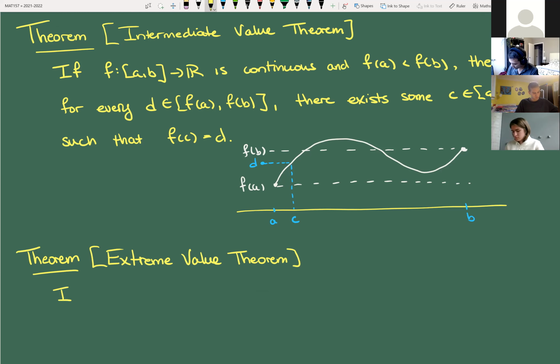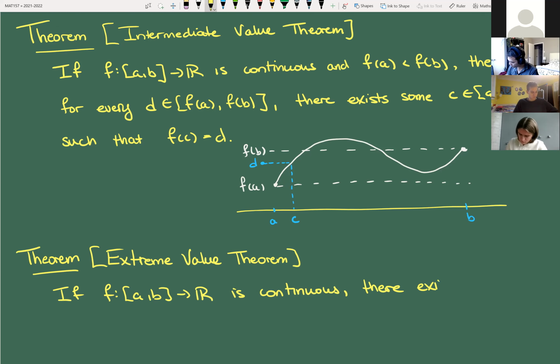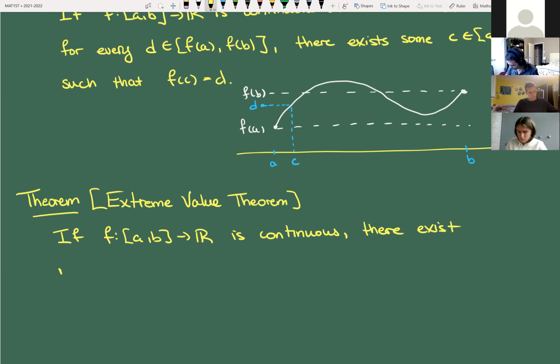And it says if f maps [a, b] to R is continuous, then there exist m and M. Maybe let me make that more clear. One of those is lowercase, one of those is uppercase, such that for all x in [a, b],